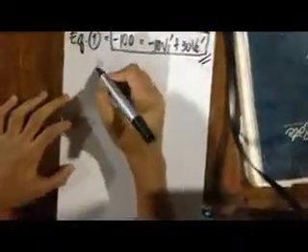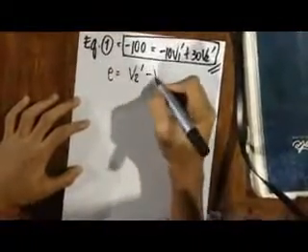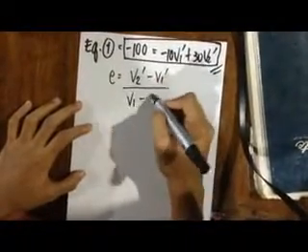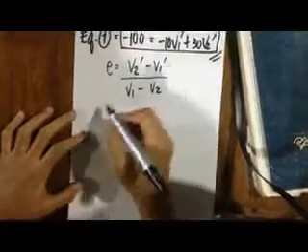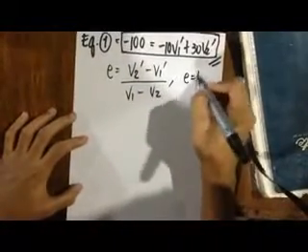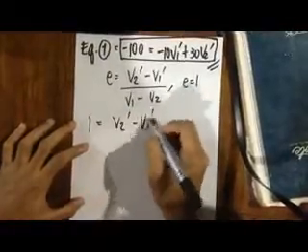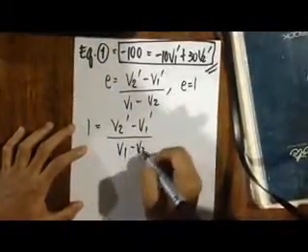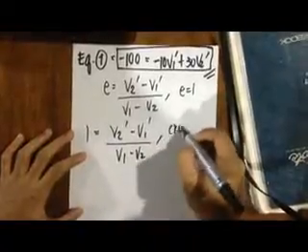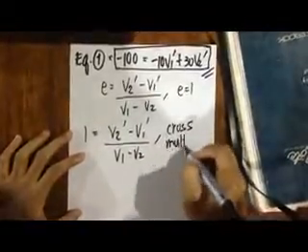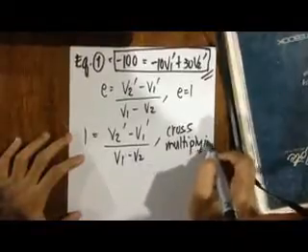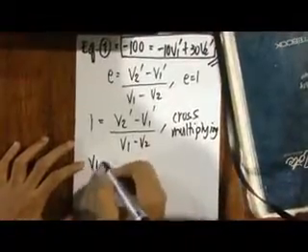So we have here e is equal to V2 prime minus V1 prime all over V1 minus V2. Substituting the value when e is equal to 1, 1 is equal to V2 prime minus V1 prime all over V1 minus V2. Cross multiplying, we have V1 minus V2